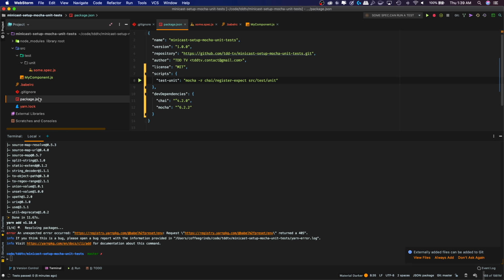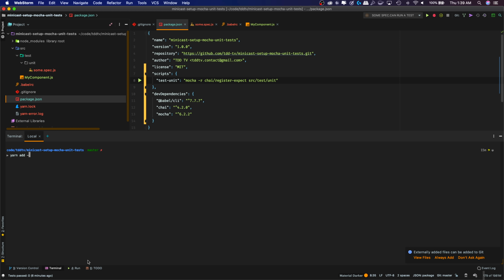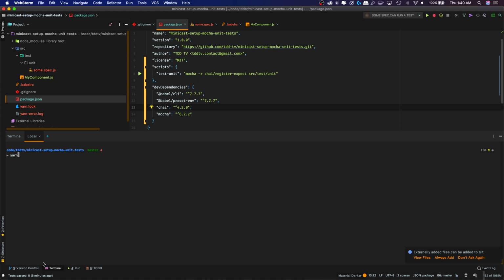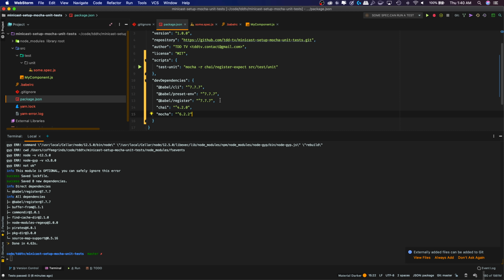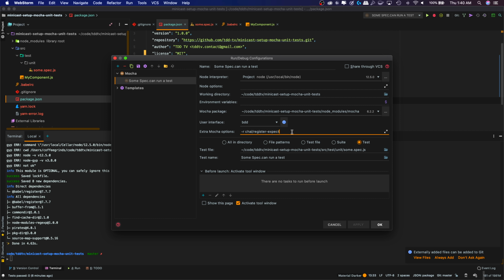All right, let's check our package.json to make sure we have everything there. We don't. Let's try this again. Okay, now that we have this in place, we have our Babel RC, we have our npm packages we need. So let's tell our tests about the Babel RC. The way we do this with Mocha is we'll